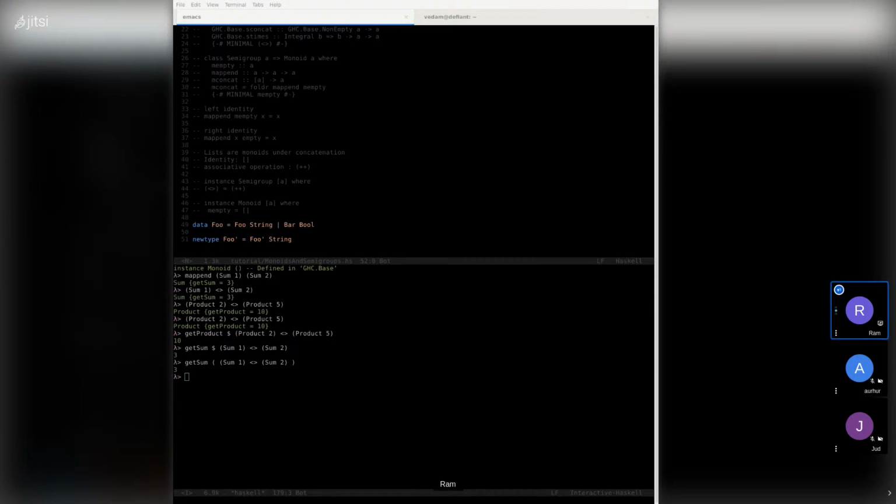But the design that is required when you are dealing with multiple monoidal operations for a given data type is to create new types to distinguish them. And what I mean by new types is using the newtype keyword and creating a single unary data structure so that the underlying representation is intact for both the new type and the type upon which you are trying to define the new monoidal operation.